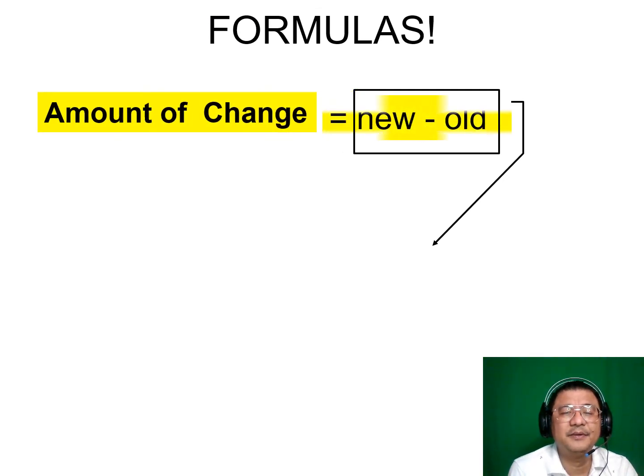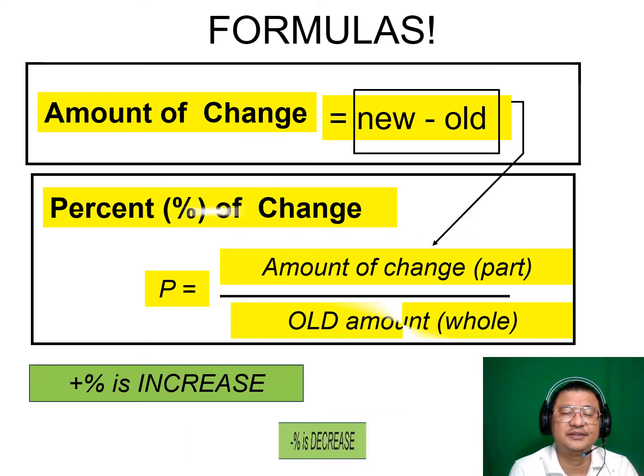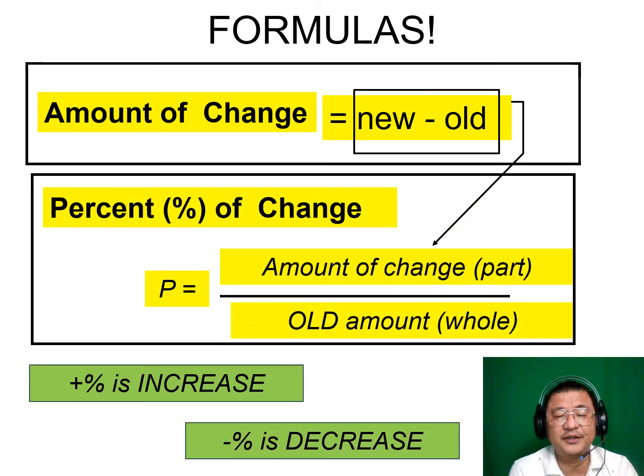Now, remember our formulas. The amount of change, that's the first thing we did: new minus the old. Then, after knowing the new minus the old, that's called the amount of change. Actually, it's just a part of a bigger number. What was the bigger number? The old amount. So remember, subtract, then divide. If it's positive, it increases. If it's negative, it